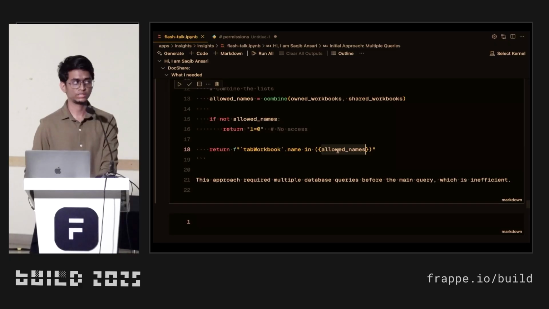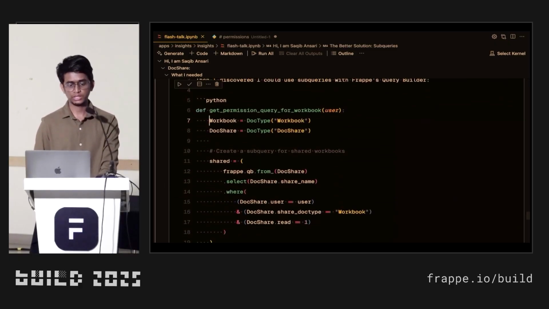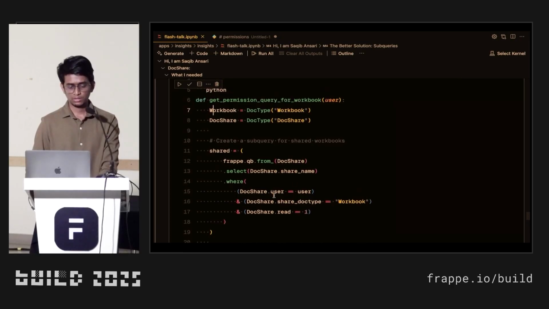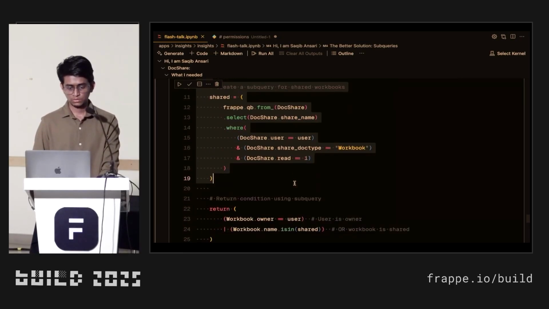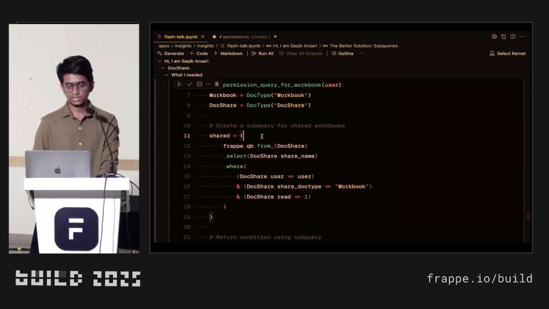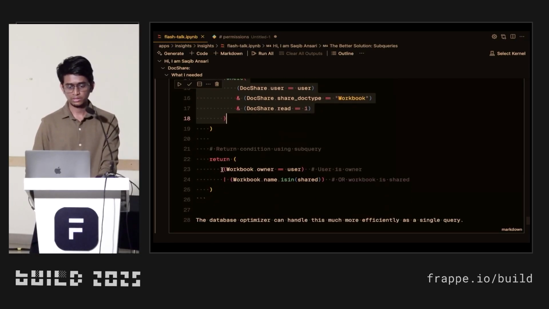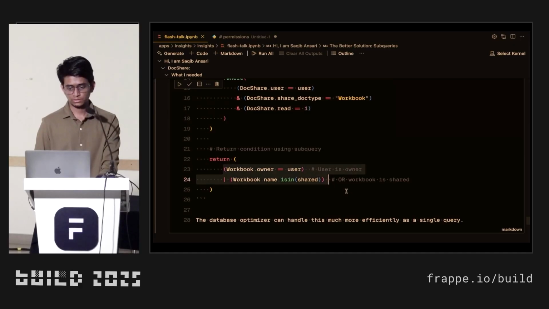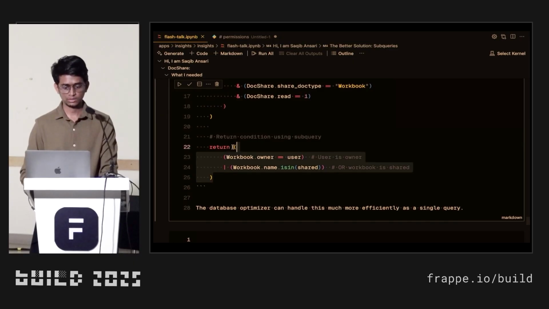Like this could be just a PyPika query object, and that's when I started rewriting it with QB SQL queries. So basically what this does is, you write the SQL query. This fetches the shared workbooks, and it returns a filter condition if the owner is user or name is in shared. So this just returns an SQL string, and